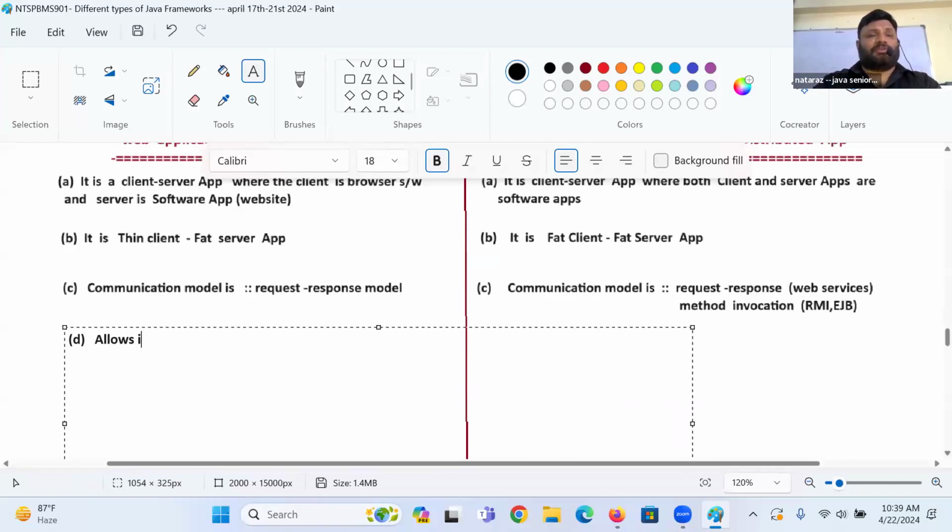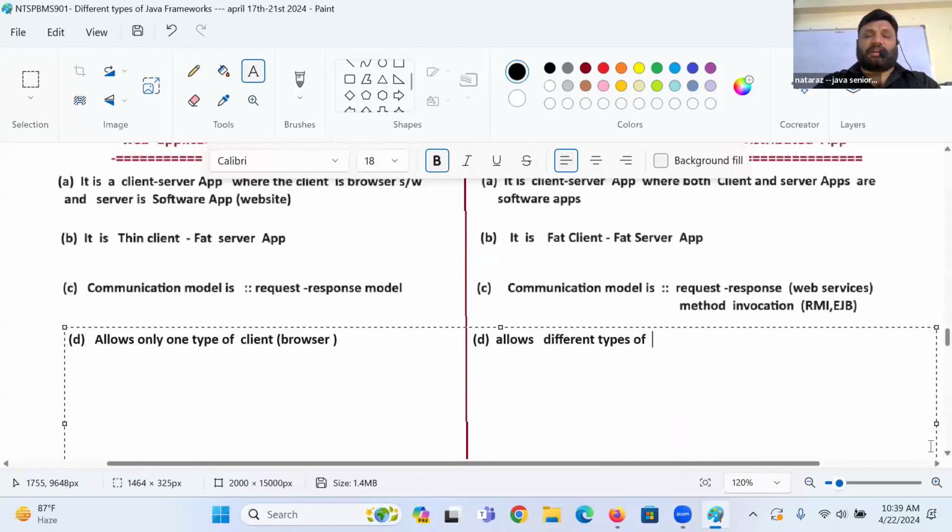Allows only one type of client. What is that, guys? Browser. Allows different types of clients, guys. Allows, tell me, different types of client application. What do you mean by different types of client applications, guys?